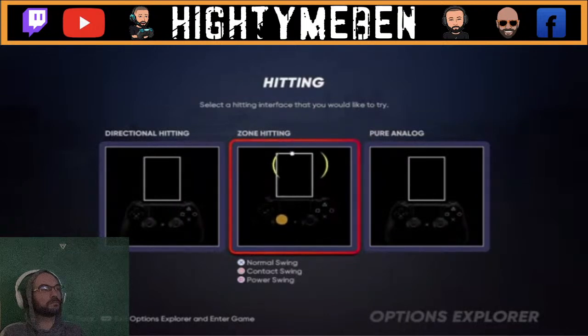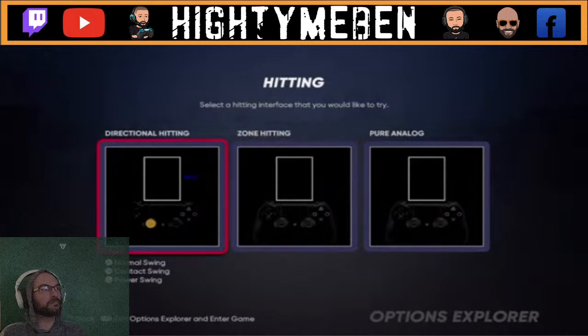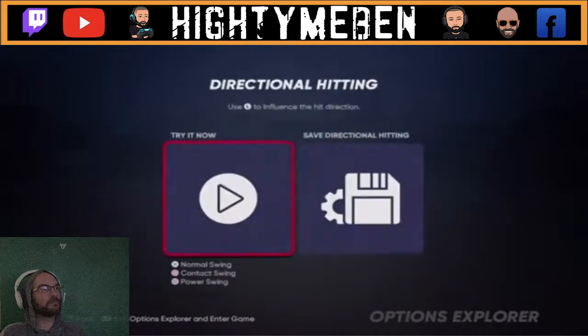To use zone hitting, move the left stick in the direction of the pitch to adjust the plate coverage indicator. To use directional hitting, move the left stick in any direction, then press X for a normal swing, circle for a contact swing, or